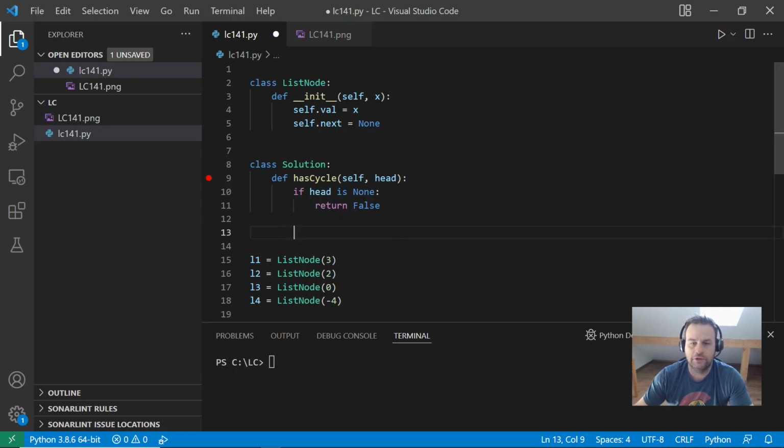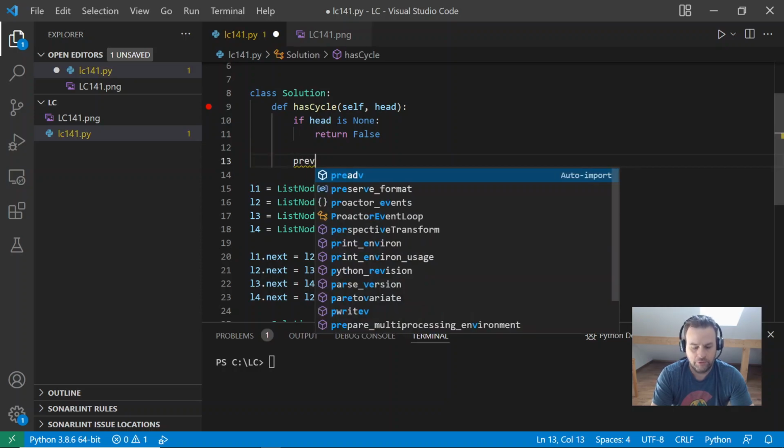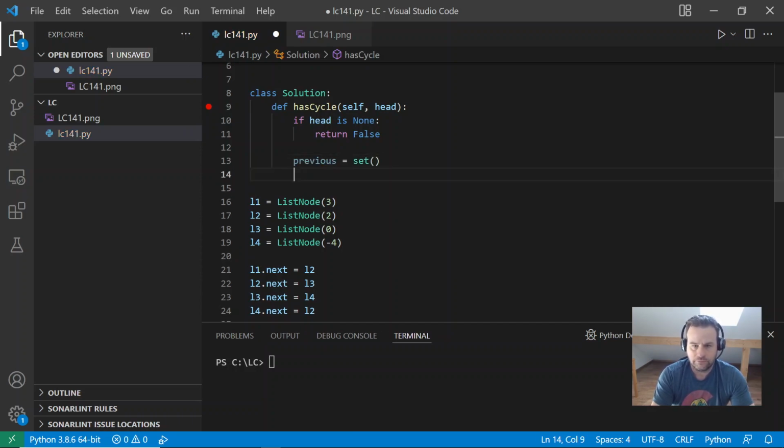Okay, let's do the naive solution first. Basically, we're just going to keep track of every node we've ever seen and test whether, as we traverse the list, we've seen it before or not. So we can just say previous equals, we can make a hash set. Okay, so now we're going to traverse the list